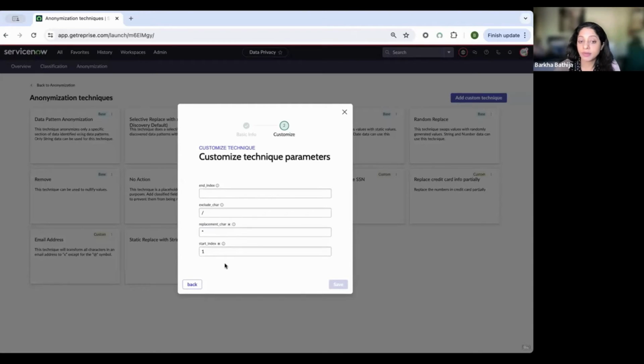You also have an option of either anonymizing fully or partially. In case of a credit card number, you want to keep the last 4 digits and maybe the first digit as well to understand if it comes from Visa, MasterCard, or Amex. So we can have the start index as second and end index as 12. But for now, I just want to keep the format. I do not want to keep any sensitive data. That's the reason I am starting it from 1.